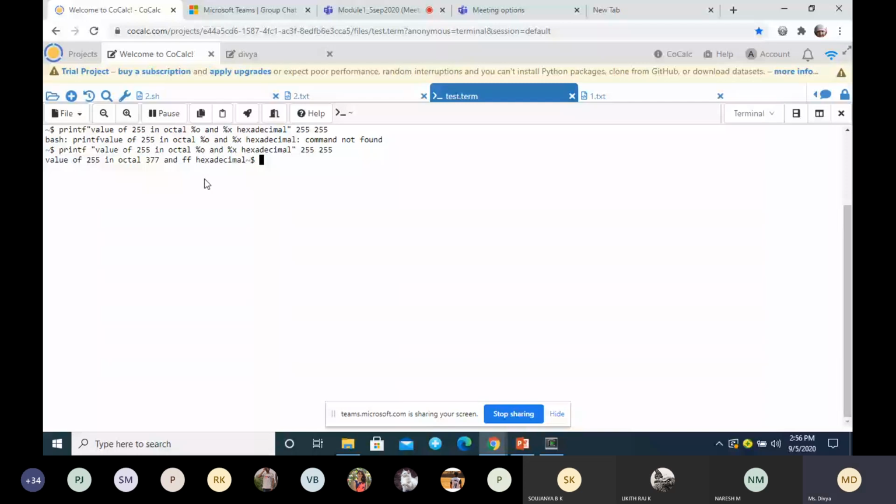So printf is almost the same as your C programming printf statement. One of the differences between echo and printf statement is that in printf statement you have format specifier, but in echo statement you don't have format specifier. But escape sequences like \n and \t are supported in both echo and printf statements. Is it clear? Any doubt in printf statement and echo statement?